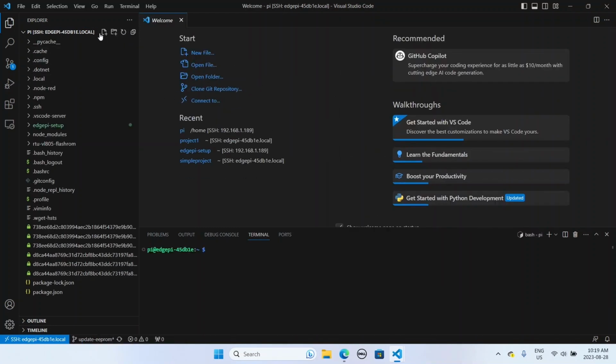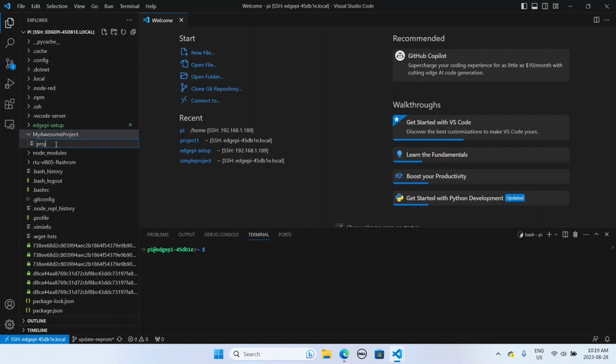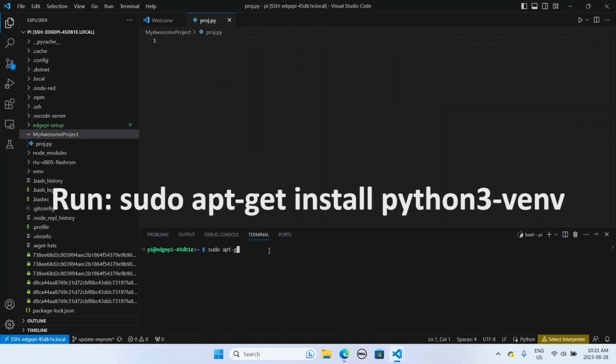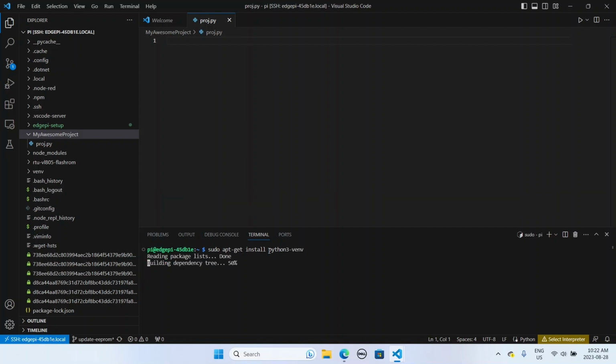Create a new folder for your project by clicking on this icon. We can call it My Awesome Project. Click on this folder and create a new file with a .py extension so that Visual Studio knows it's in Python. Now you can open the terminal and run the command sudo apt-get install python3-venv to install the virtual environment